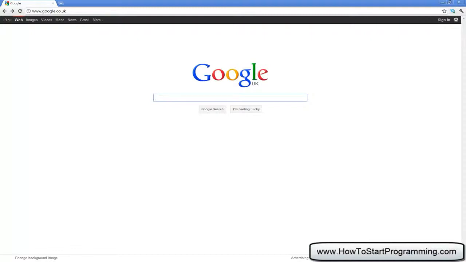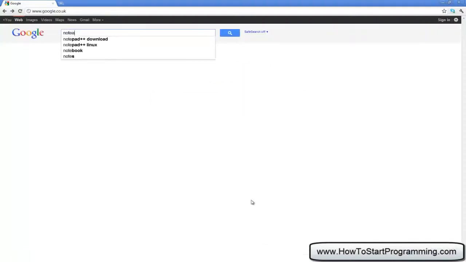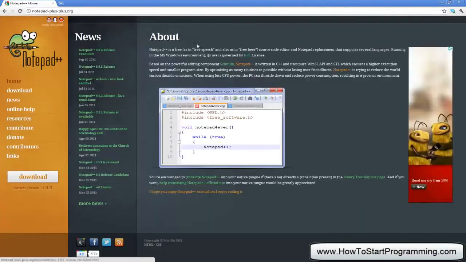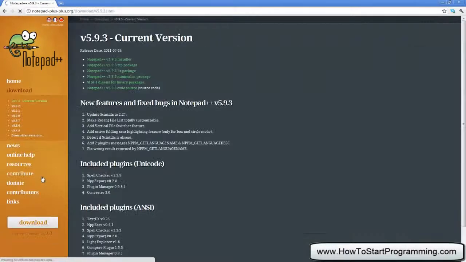So what you need to do is go over to Google and search Notepad++, and this is a very handy syntax highlighting application. It will help us code the PHP because it highlights different parts of the code and helps us read it better. So when we have long parts of code, we can single it out by the color. So you should go to notepad-plus.org, hit download,